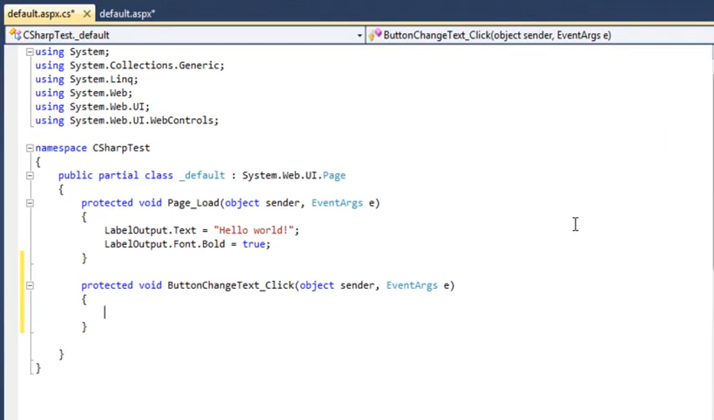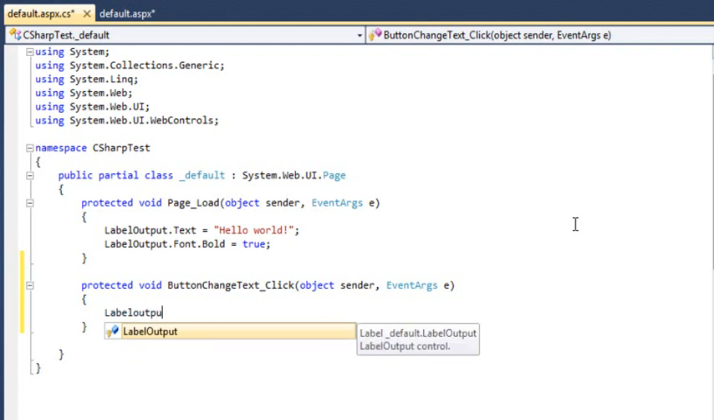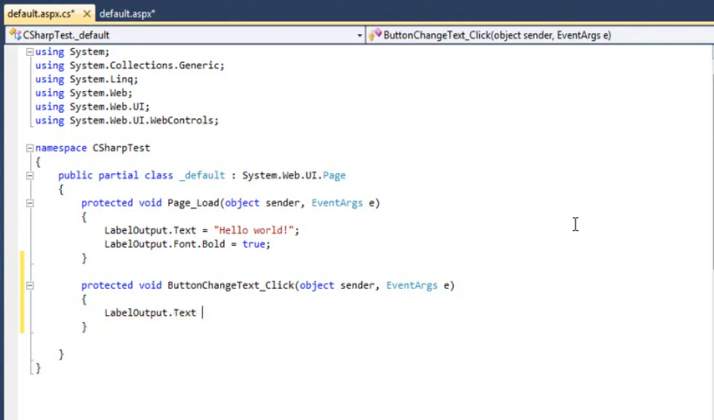You are automatically taken to the code behind file of default.aspx, and you'll see that some code has been automatically added. This is the event handler for the button's click event. When the button is clicked, any code between the curly brackets will be run. Add the following line of code to the new event handler. LabelOutput.Text = "Text changed";